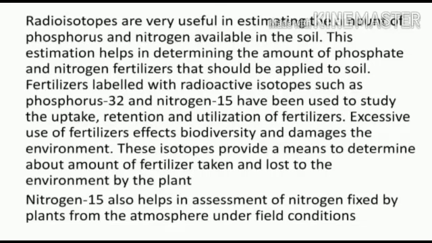the plants. The total amount of phosphorus taken by the whole plant is determined by chemical analysis, and that of the added fertilizer by the activity measurement. The difference is the natural phosphorus present in the soil. Thus, the use of phosphorus 32 as a tracer provides information about the kind of phosphate which is efficient for a given soil and crop, and also the stage of plant growth at which the fertilizer is to be added.